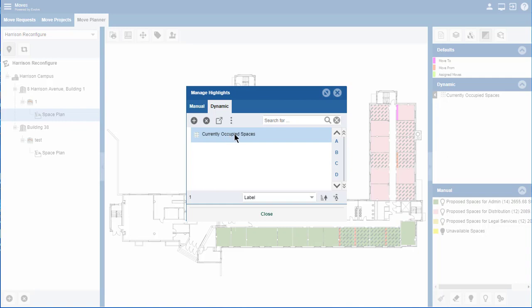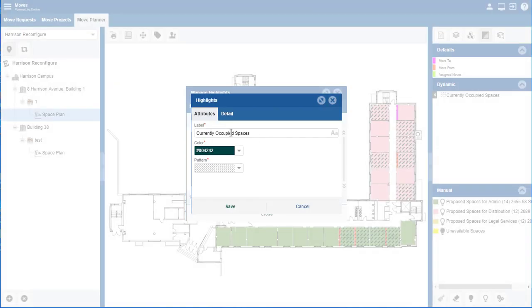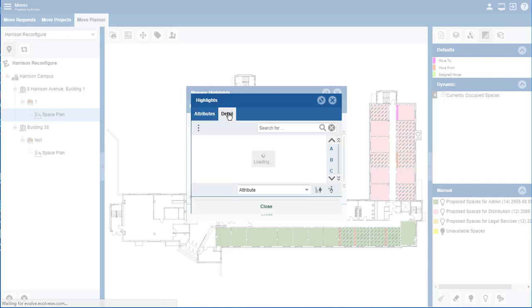So we're going to edit this dynamic theme to give you an idea of how this one was built. And so we open this theme. And we can see the label is currently occupied spaces, which is what you see there. It's got a black color and a slanted bar hatch pattern. And then to go to details,